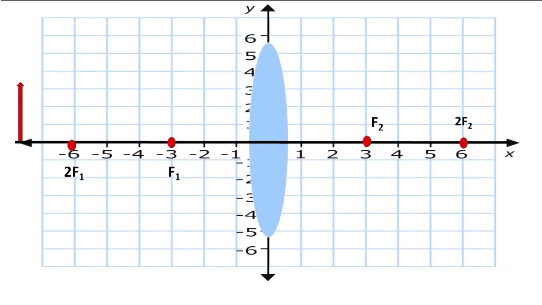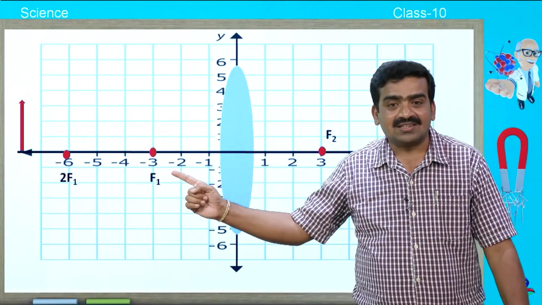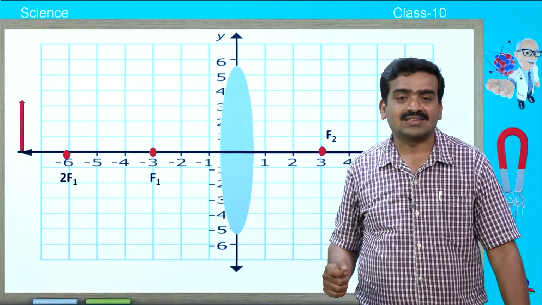The object is pointing towards the y axis. So, that is why the height of the object is taken as positive. You are seeing the position of the object. The object is on the x axis, on the negative side of the x axis. That is why the object distance is written with a negative sign, since it is on the negative part of the x axis.